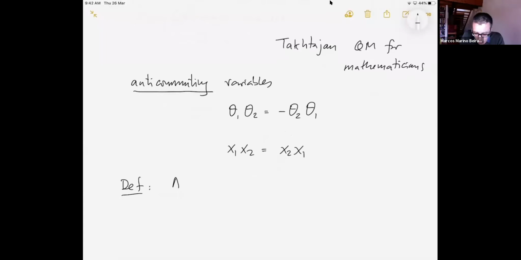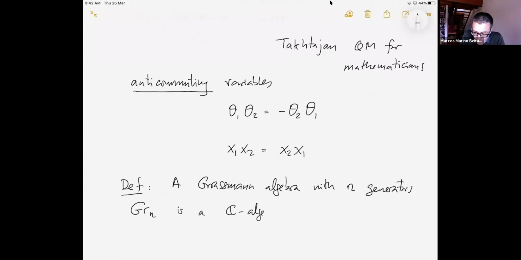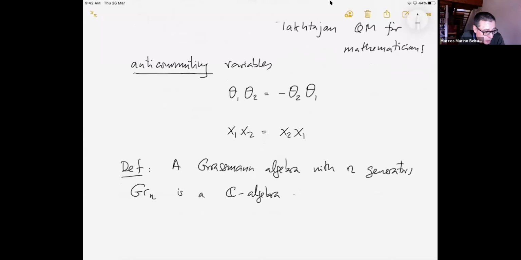So the definition of a Grassmann algebra. A Grassmann algebra with n generators, which I'm going to denote by GR_n, is a C-algebra. It's an algebra over the complex numbers, where the generators,